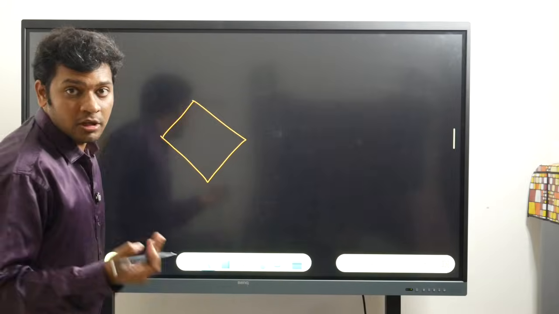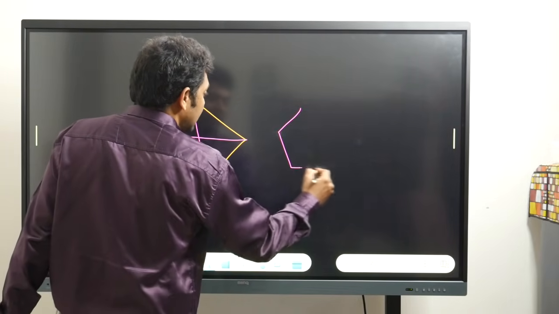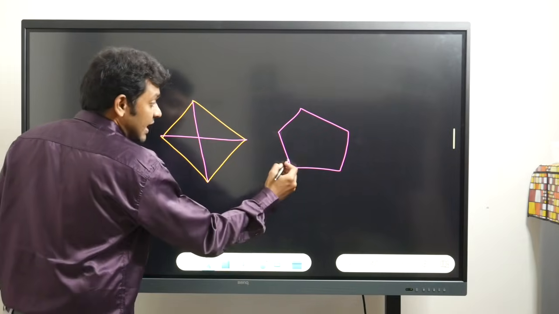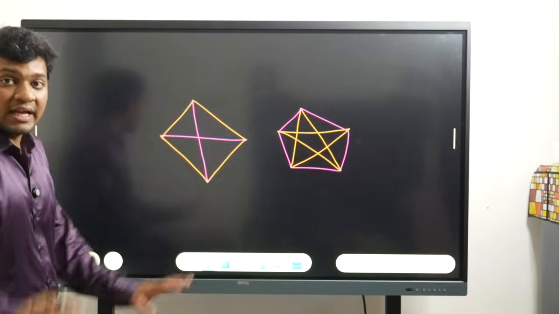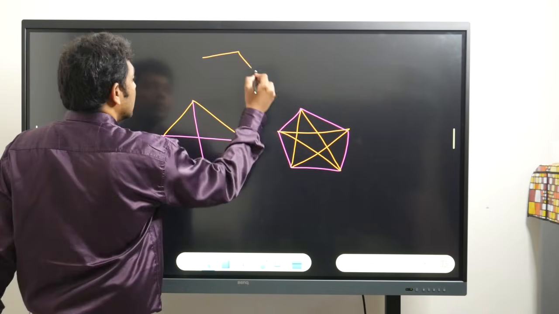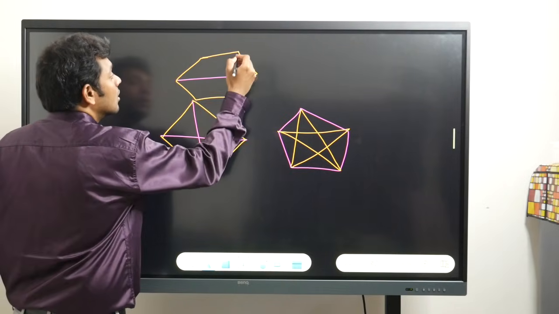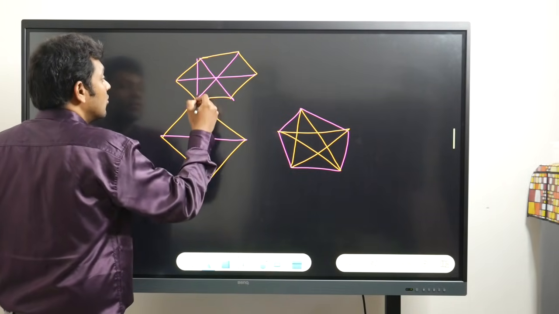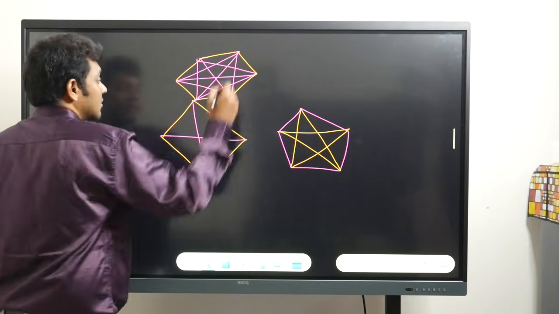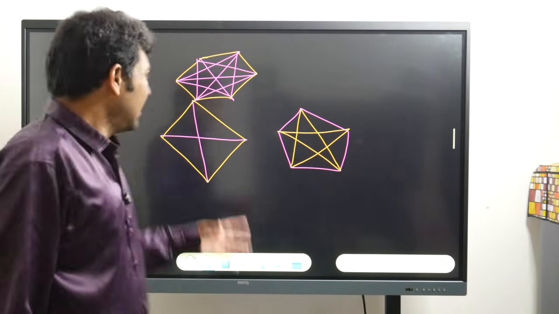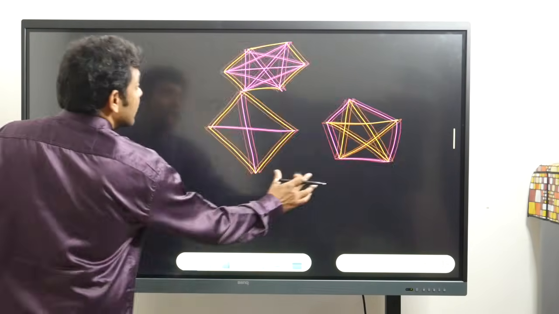One more thing in a polygon, in any polygon, diagonals. What's a diagonal in a polygon? We know in a quadrilateral we have two diagonals. In a pentagon we actually have 5 diagonals: 1, 2, 3, 4, 5. Triangle, 0 diagonals. In a hexagon, 1, 2, 3, 4, 5, 6, 7, 8, 9. In a hexagon, we have 9 diagonals. Let us not draw all these things and count. So, in general, the number of diagonals in a polygon is nothing but